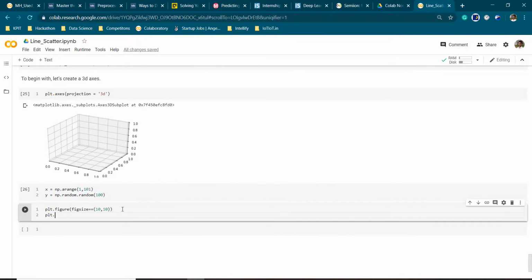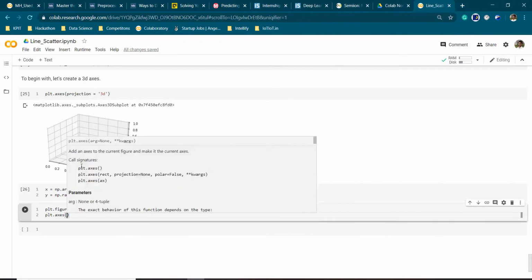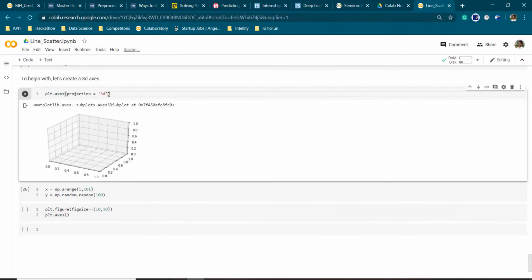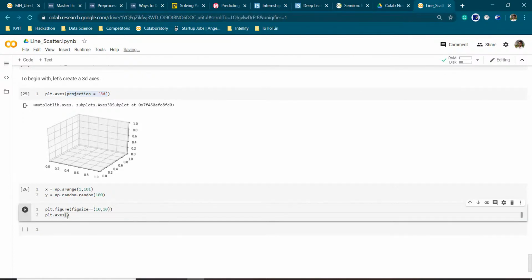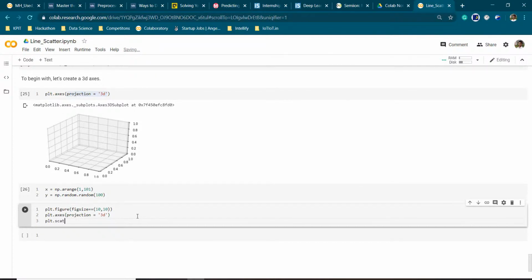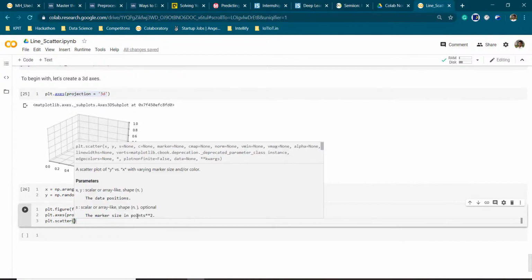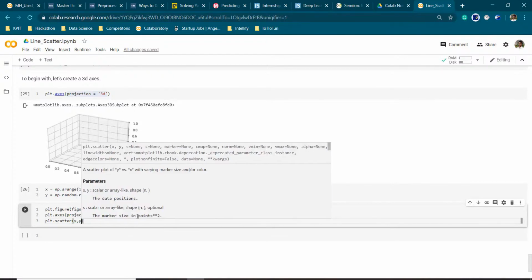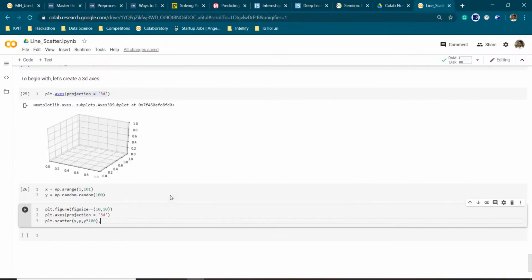Then we will use the plt.axes method giving the same projection equal to 3d for 3D plotting. And plt.scatter method. Here we will specify our x and y parameters, the size of our bubbles, and then for color we are going to use cmap equal to.